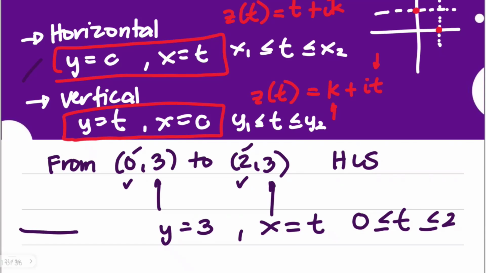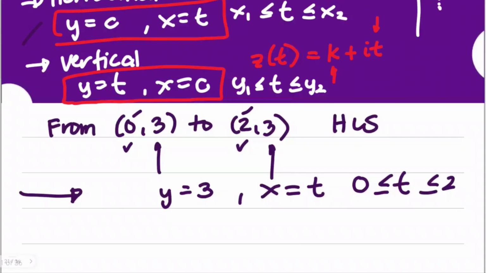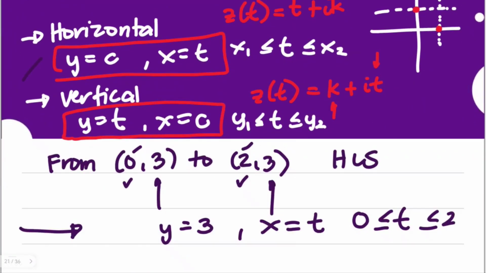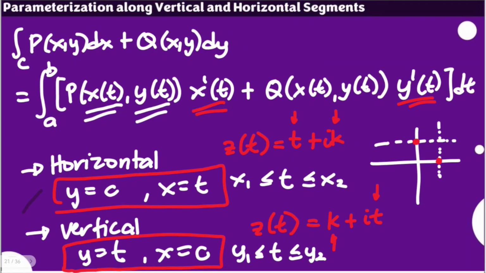Now if this is your task and you're solving for a real line integral, you're going to use this formula here, but your a and b are 0 to 2. Of course, you're going to use x as t. Later on, let us be consistent with what we're doing here. Let's call this y of t, which will be consistent with our formula. The other one is x of t.